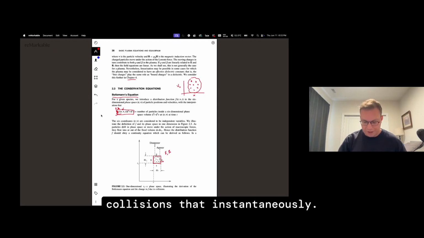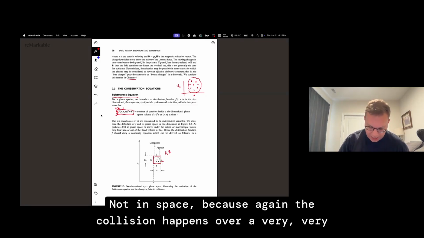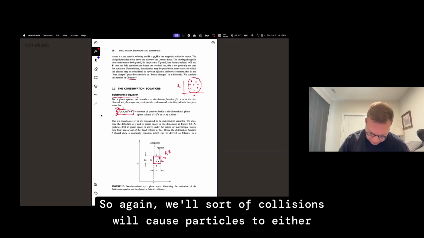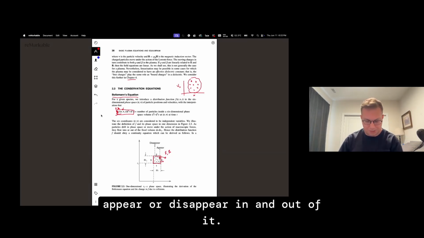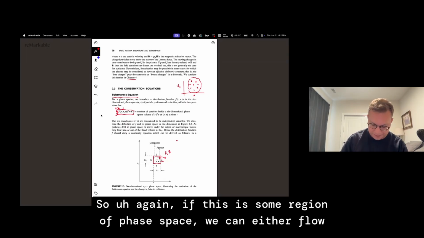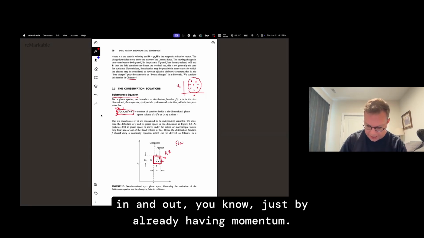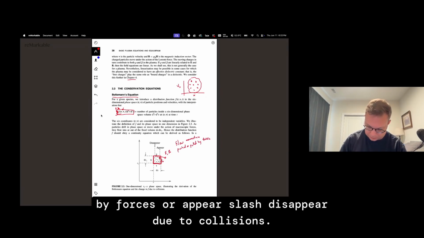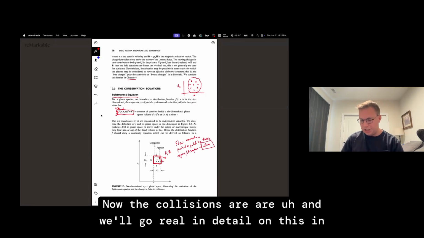Or in a moment, we'll have collisions that instantaneously, not in space, because the collision happens over a very, very small space, but the collision will change the velocity. So collisions will cause particles to either appear or disappear in and out of it. If this is some region of phase space, we can either flow in and out just by already having momentum, or they can be pushed or pulled by forces, or appear or disappear due to collisions. We'll go in detail on this in chapter 3, but